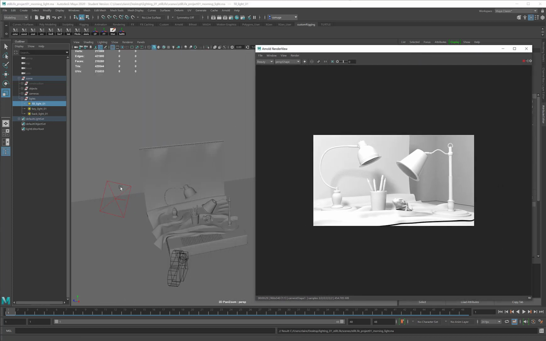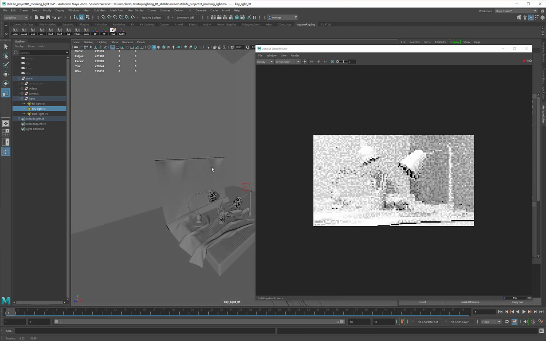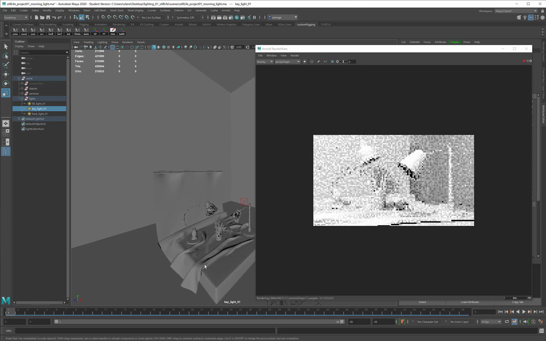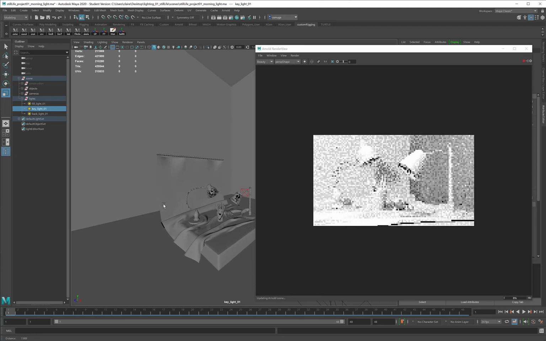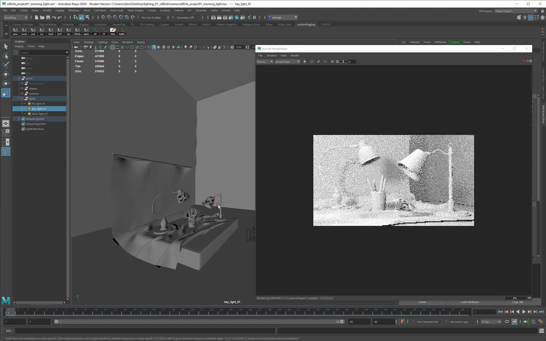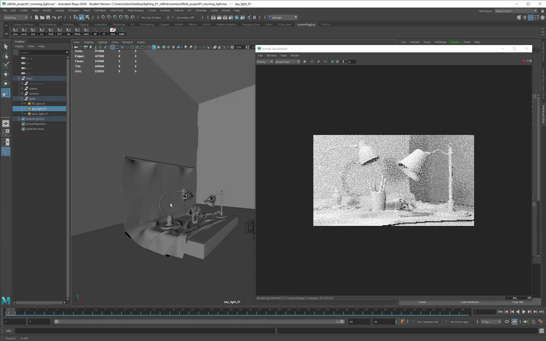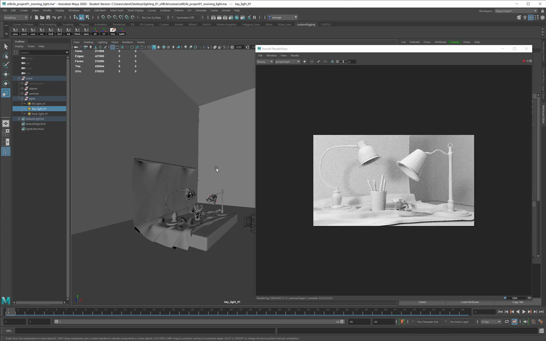So the first thing that I want to do is take my key light and move it a little bit. I'm going to back up a little bit further from the scene, and I might also move to a slightly lower angle. And when I see my shadows starting to get a little bit longer, maybe around here I can start to see a nice long shadow coming in. Then I'll stop moving the light,